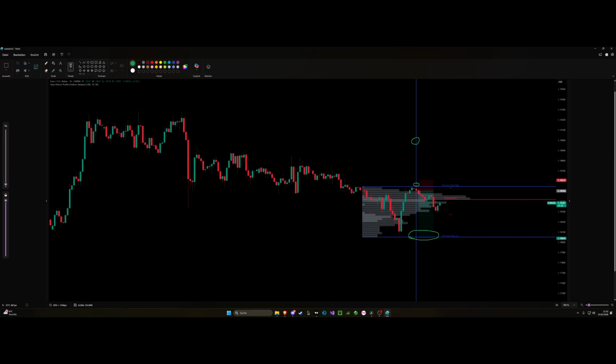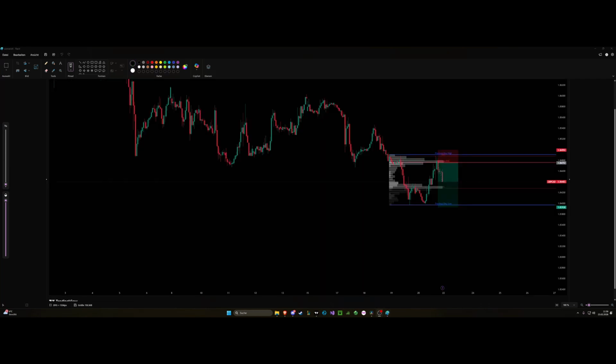And for your target, you target a full rotation through the entire profile, and as price pushes lower, you can trail your stop just above the point of control, and then you wait. So this is a great one because it traps breakout traders. Also quite a straightforward setup. You have to be quicker or more alert than with the two previous ones, but once you catch it, you get great rotations, because most of the time you will get a full